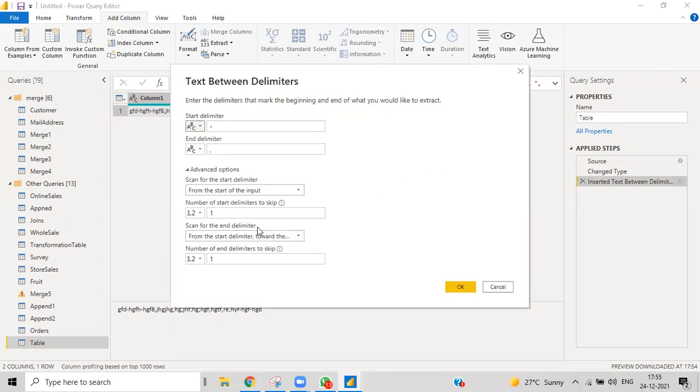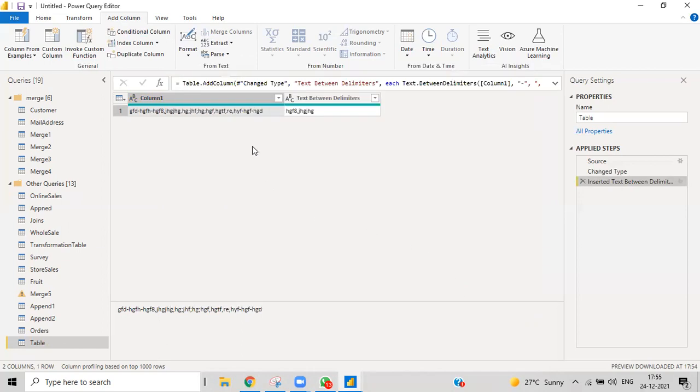Set for the end delimiter from the start delimiter. From the starting of this point towards that, it tells us to count again from here, leave this and take the second one. So obviously we got that answer.